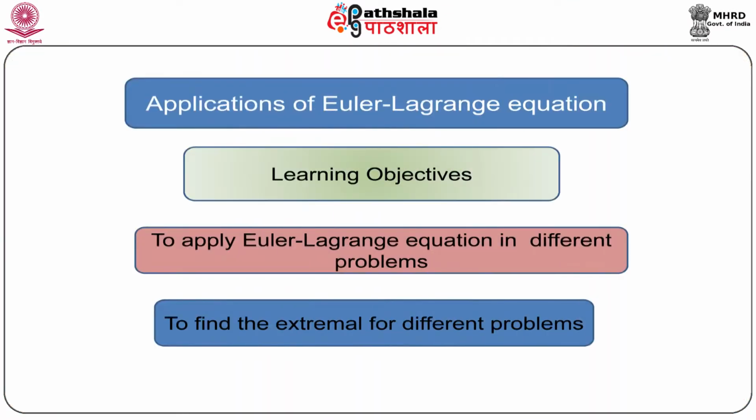It can be used in maximizing the lift of aeroplane wings, maximizing the strength of a pillar or beam or arc. It can be used in minimizing the air resistance on a bicycle helmet and many others. Now we shall discuss the different applications of Euler-Lagrange equations. In this module, we shall apply the Euler-Lagrange equation in finding the extremal for different physical problems.